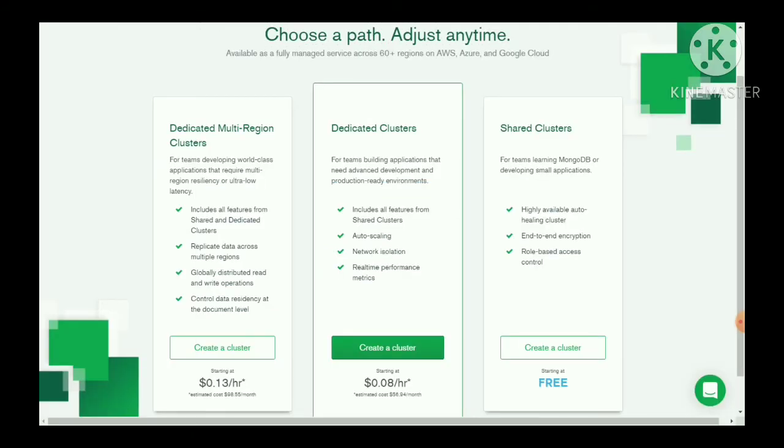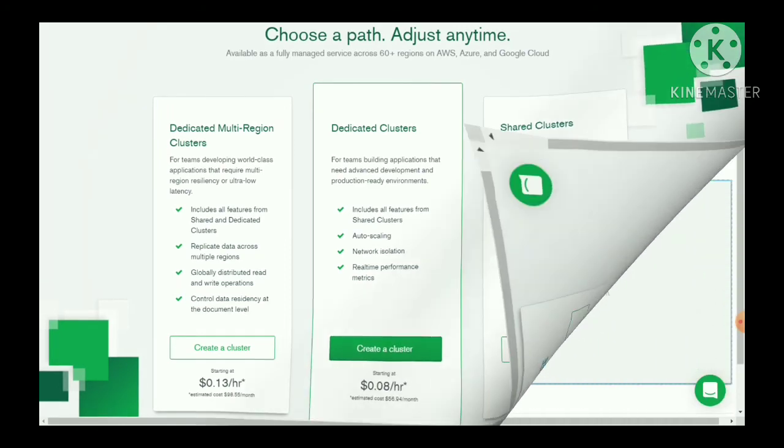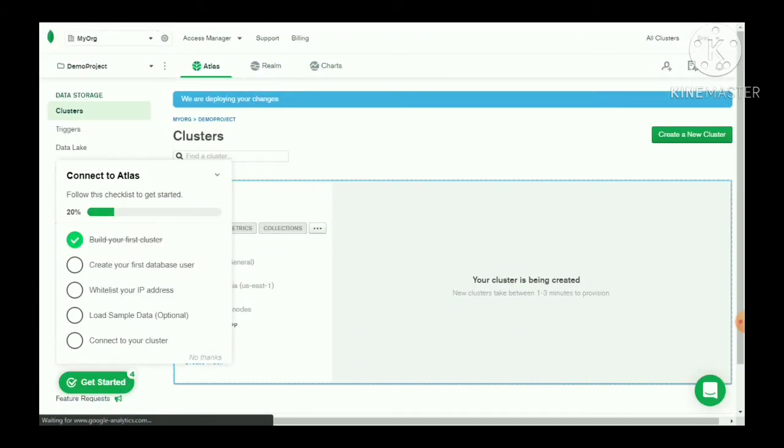And if you want to create the database in the cloud, you can choose any one of the packages. Right now I am going to choose the free package, for demo purposes. In the cloud format, first of all we need to create the cluster and we need to create the database user. If the database is available in the cloud, you need to access it from your location or your computer, so you need to whitelist the IP address. What are all the IP addresses that should access the database?